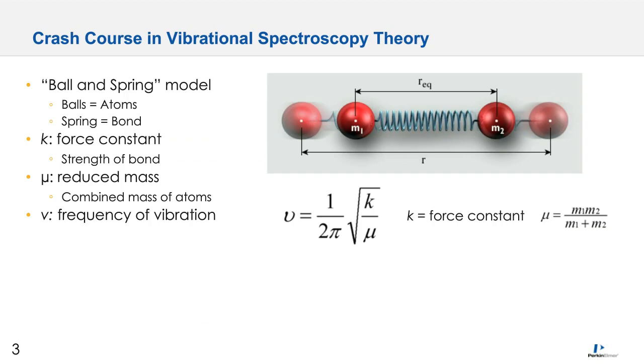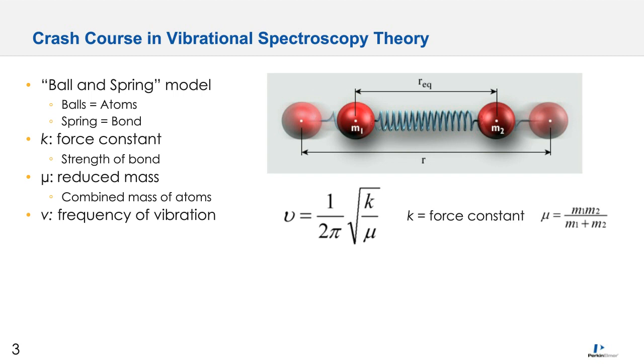So if you have a fairly limited understanding of infrared spectroscopy as a technique, I would just like to do a brief, what you might call a crash course in vibrational spectroscopy theory. Oftentimes, vibrational spectroscopists will represent bonds in molecules with the analogy of a ball and a spring. So in this analogy, the chemical bond and the atoms are represented by two balls connected by a spring,